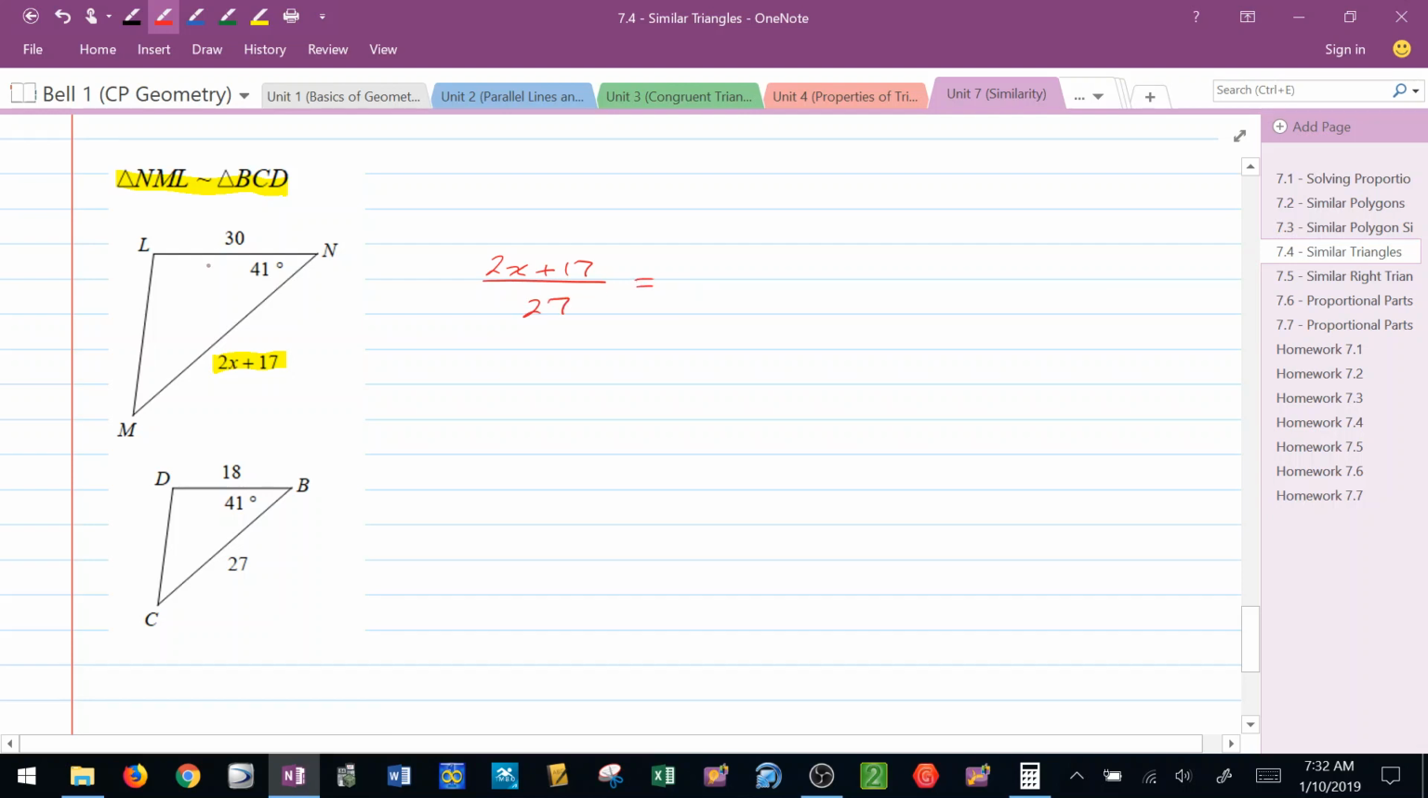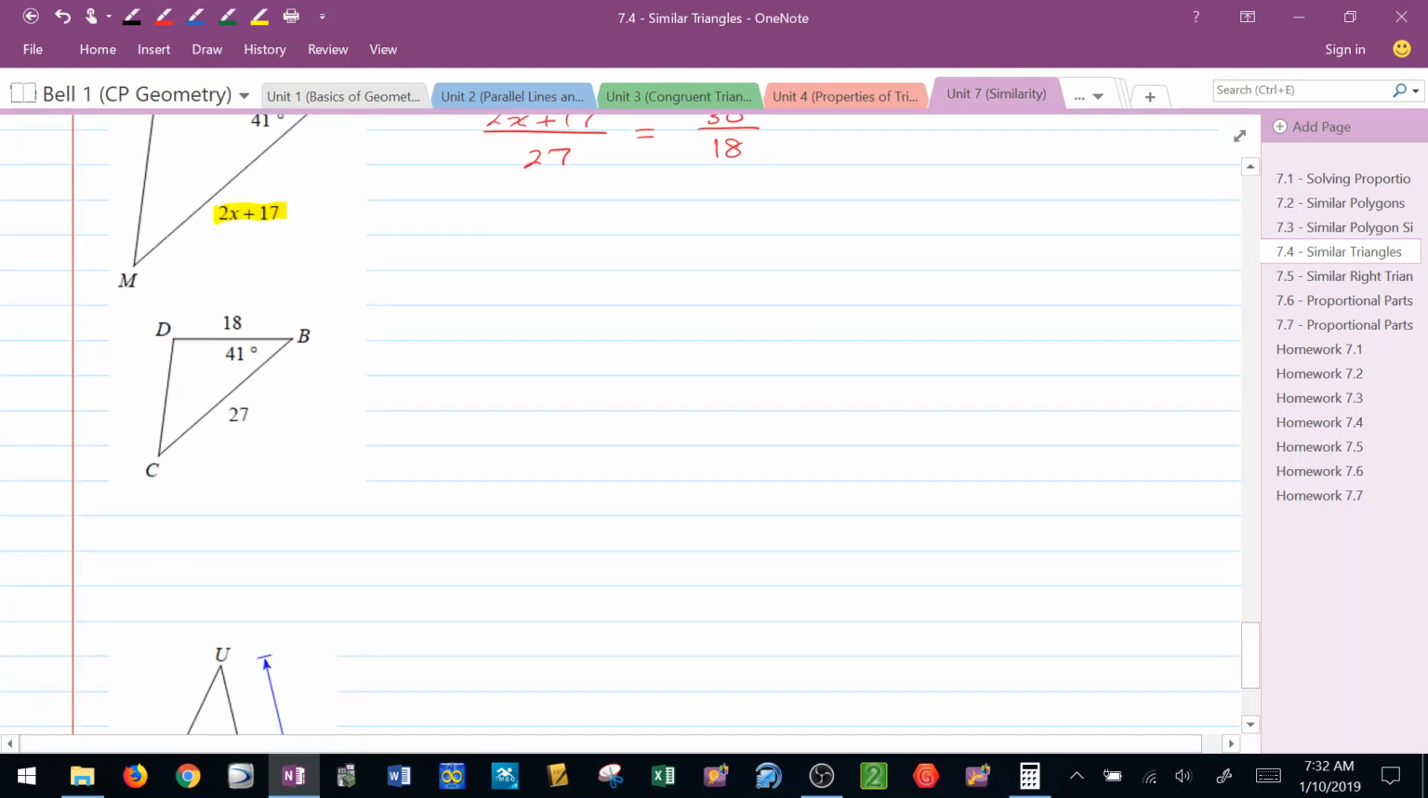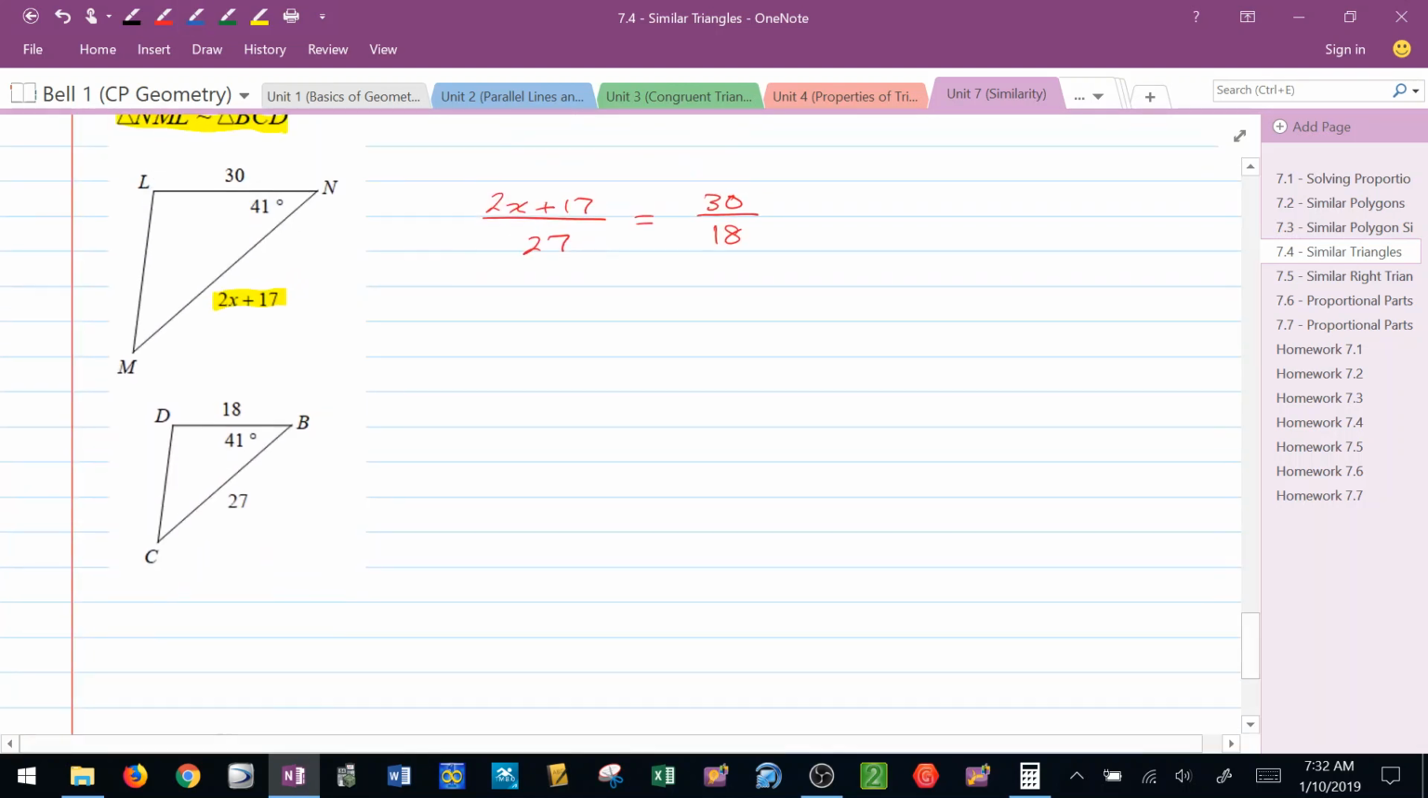I go back to the first triangle, 30. I've got that as another piece. I know that 30 is LN or NL, depending on how you want to look at it. And that's got to match with BD. BD, they give me, is 18 here. Now, a little bit more complicated equation to solve, but we've done these before. All right? Remember to parenthesize. Why? Because it's a binomial. So I've got 18 times 2x plus 17 equals, and I'm just going to write it out like this, 27